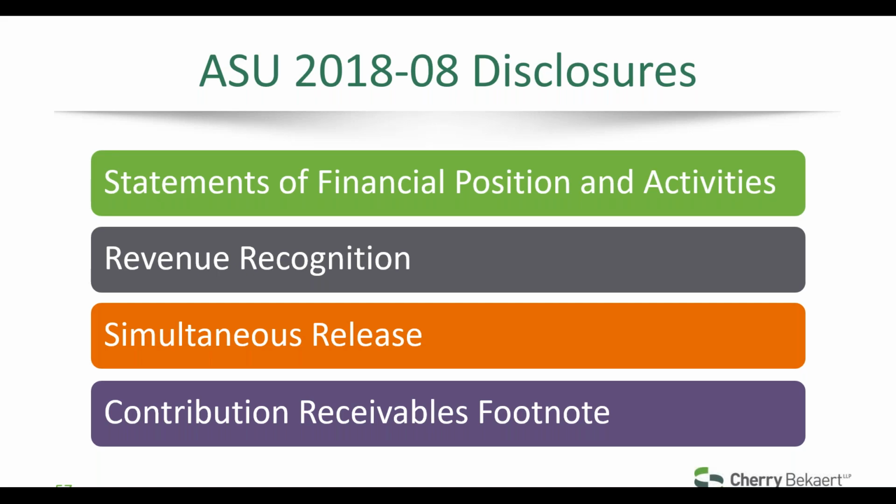So, for example, if on your statement of financial position you had contributions receivable and grants receivable, you don't have to go in and change the titles on your financial statements. You don't have to classify any government grants as contributions on your statement of activities. You can continue to classify them as government grants, contributions, whatever you feel is appropriate on your statement of financial position and your statement of activities. So that is not going to change.